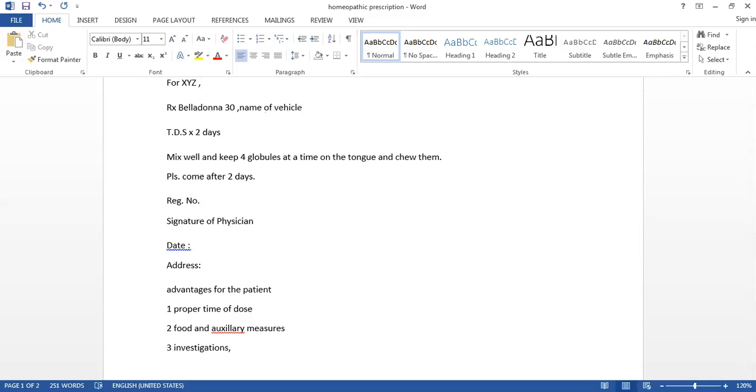Okay, so that name of the vehicle, here you are using purified water. If you want to give that same prescription, the liquid medicine, but with the sugar of milk, then here you will have to write SL, that is the sugar of milk. Again MFT pearl, that is, there you made a mixture, but here you are giving it in the solid form. So for that you have to change that language.